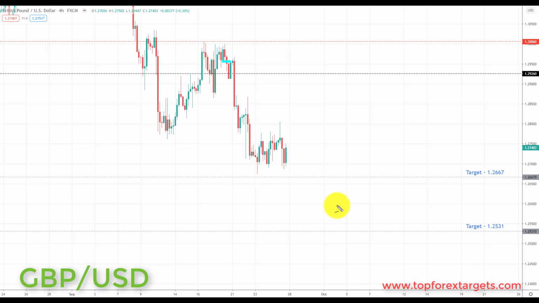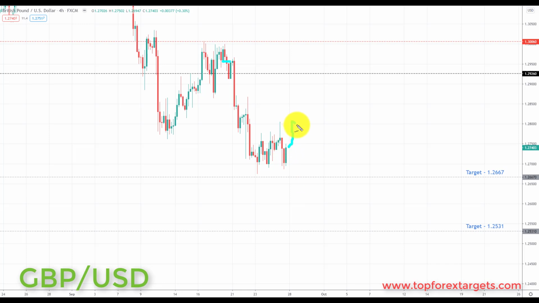So we just missed the target by a couple of pips, but we still had a very nice sell-off down towards this area. Going into next week, therefore, anybody not involved from last week, it's going to be very difficult to enter short positions here with the next key area of support to the downside right here because the risk to reward is not going to be very good.